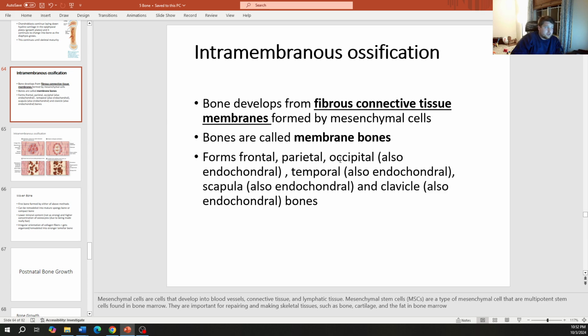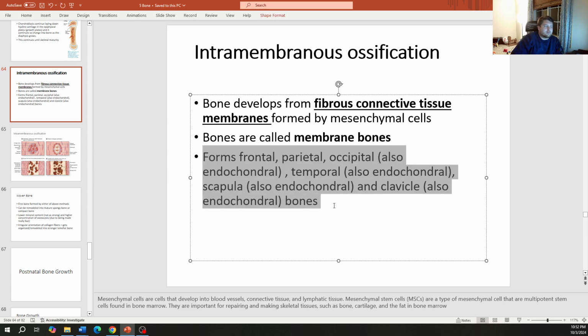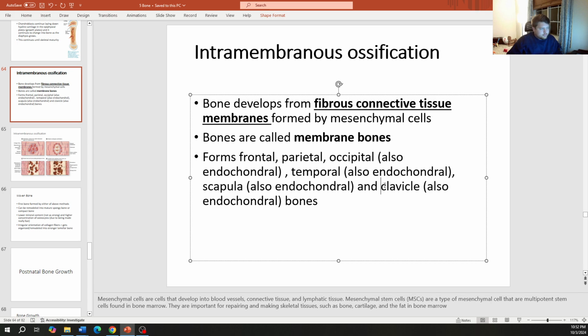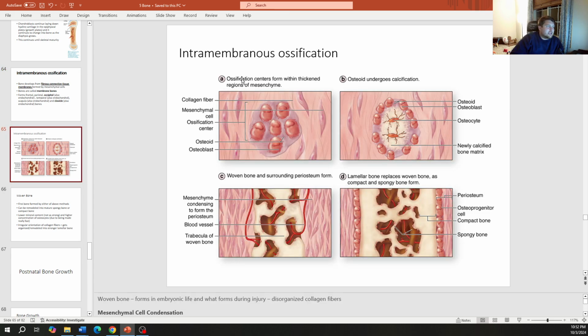Ones that you'll want to remember, you'll want to remember a lot of these specifically. Remember the clavicle, often tested on. Remember the occipital bone, again, often tested on. And then I would roughly know the others, know which ones are pure intramembranous and which ones also have endochondral ossification. So the way that intramembranous ossification happens is you have your collagen fibers, you have your fibrous connective tissue,